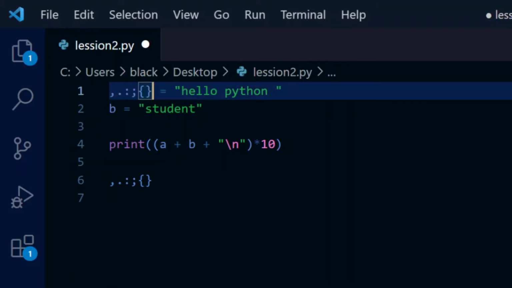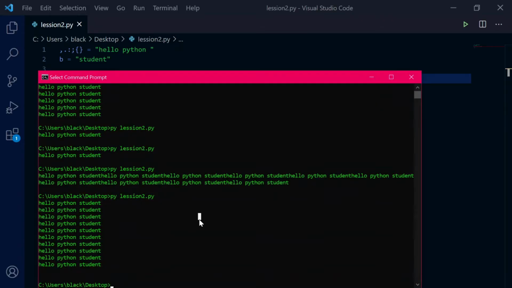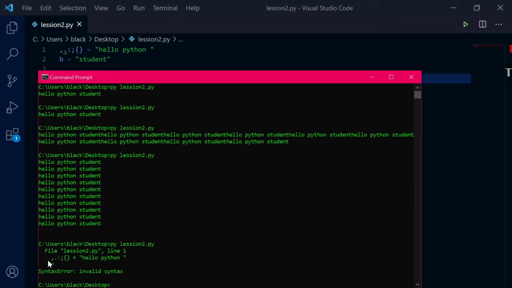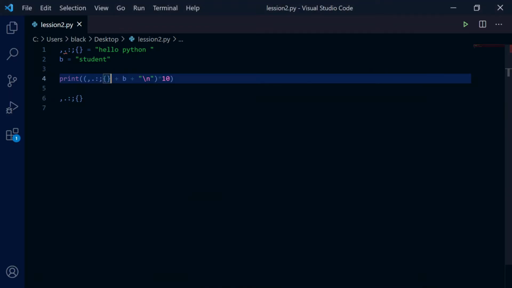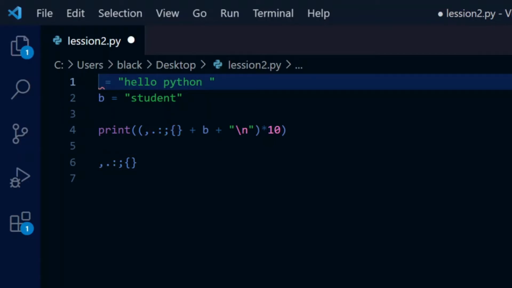If we declare a variable with one of these and type the same thing here and save it, it gives an error. It's a syntax error, because Python uses these symbols to declare other things. Inside the Python language, they have been reserved for other purposes, so we cannot use them to declare our variables. So that's the first rule.